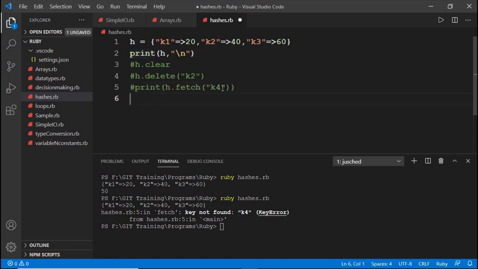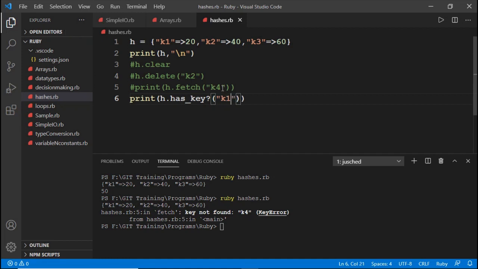Then there is the has underscore key method, which returns either true or false. So if we find a given key in our hash it returns true, otherwise it returns false. For example, print h dot has underscore key of, I would like to search for the k1 key.